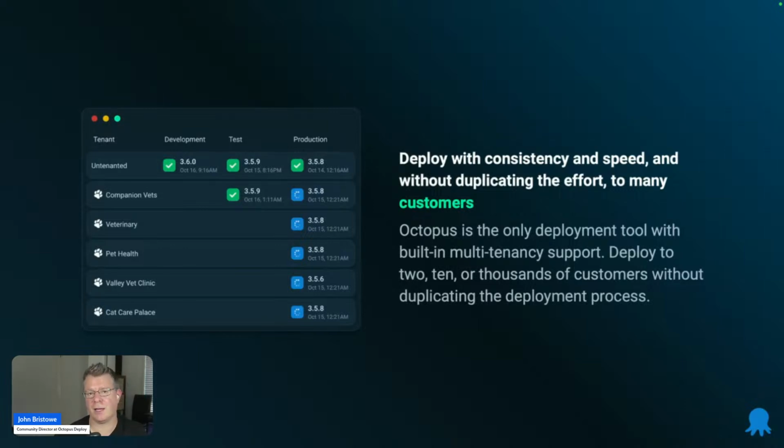You simply define a tenant type and then utilize that as part of a deployment process. This is a hugely powerful capability for a lot of our customers. It's actually a feature that a lot of customers say is the one feature they love the most of Octopus, because it gives them so much capability.